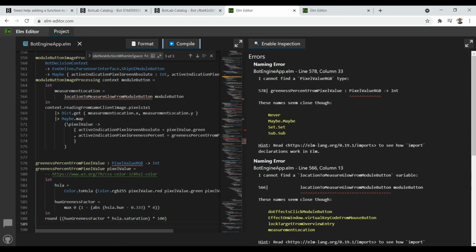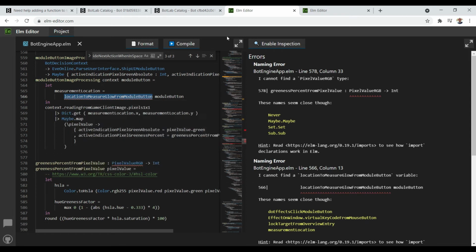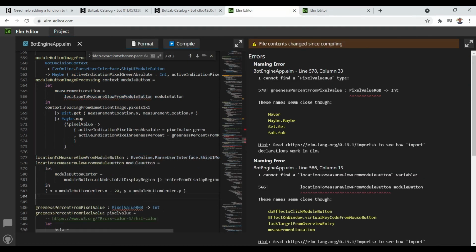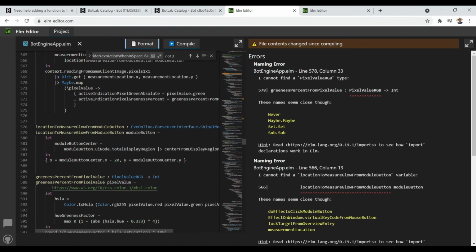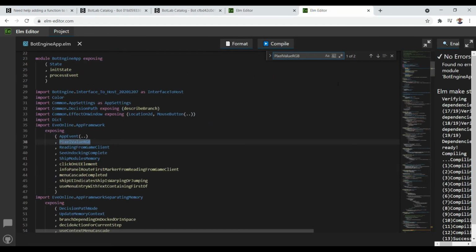Okay, still getting more naming errors for undeclared values or functions. So let's copy and paste more of that. So here in this case, it's a declaration that comes from another module.